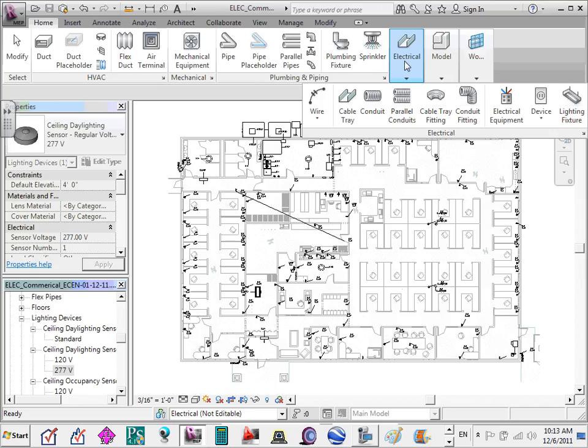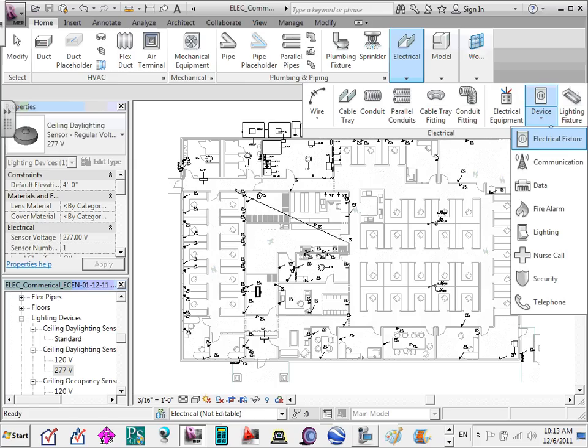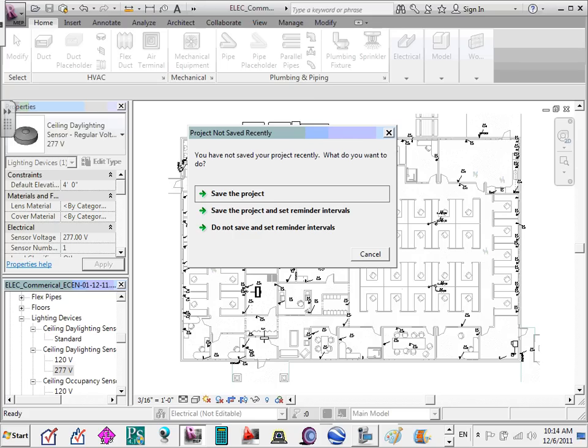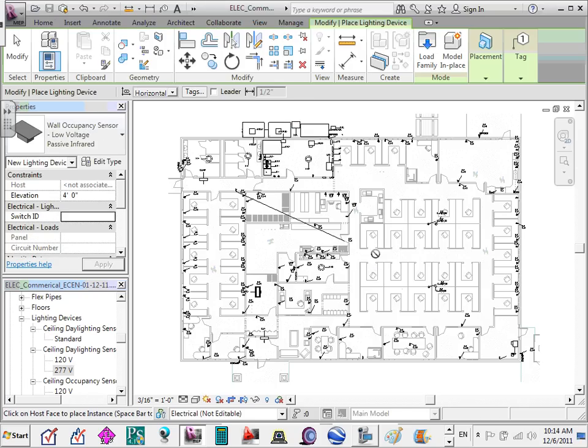That's one way. Or you can come over here, expand it. It's going to be a device under device. You're going to click on the device and it lists all these devices. Here's all the data devices, communication devices, switch devices, and so forth. How do you know which family you're using when you take it from the top